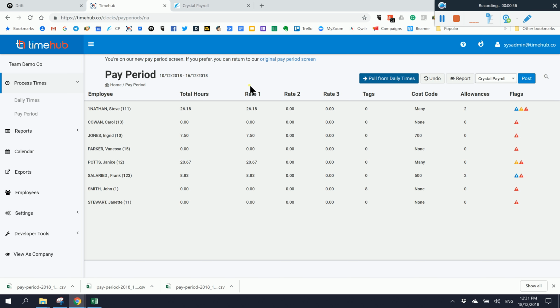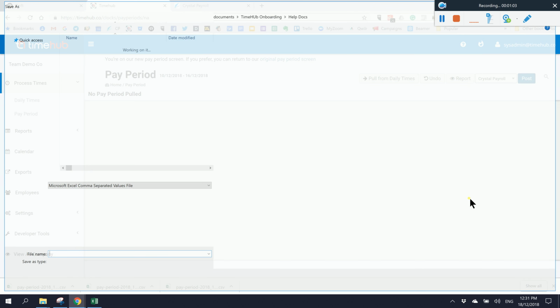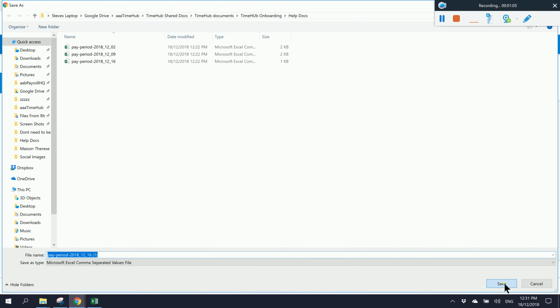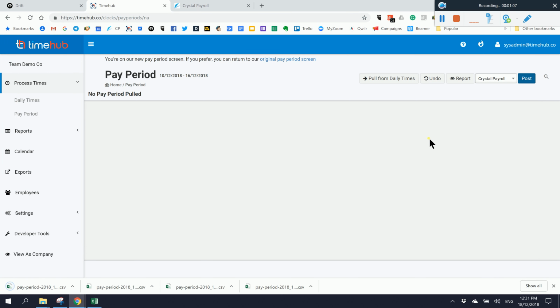So all you would do when you came back from your break is you would simply just pull the pay period, post it, let it create the file. Don't take that into your payroll system because it doesn't need to go into the payroll system, and that's all good. So that's straightforward. The other scenario you may find under this particular case is that you've got part of